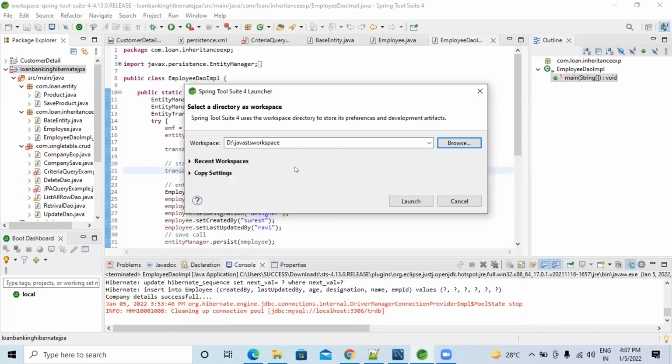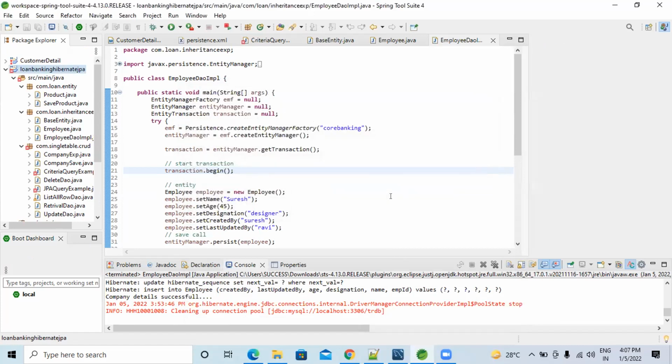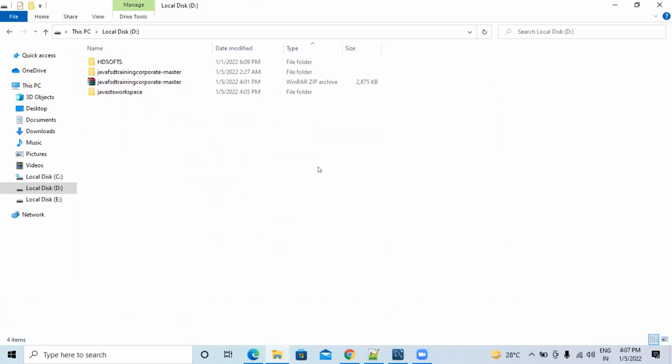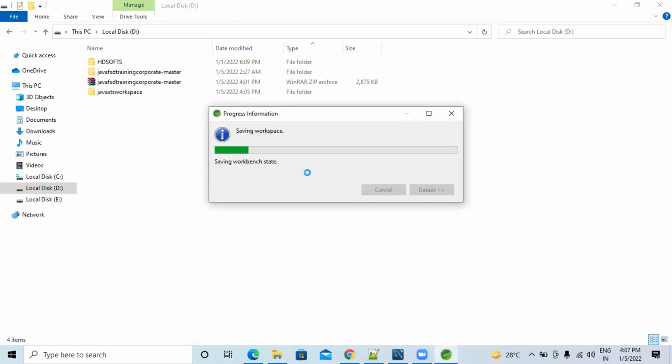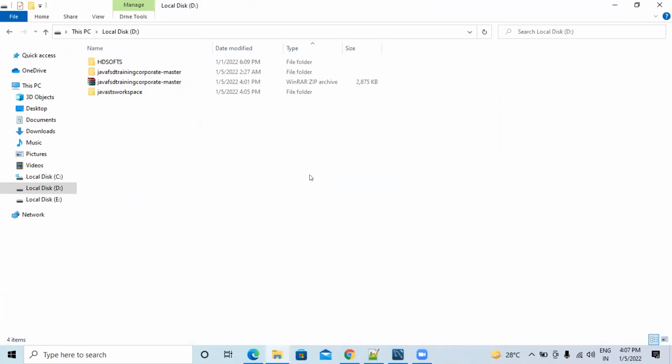See here, launch. Now STS will point to the folder which he has chosen. Wait for some time, it will automatically open.